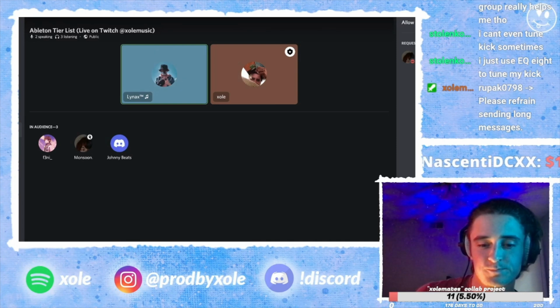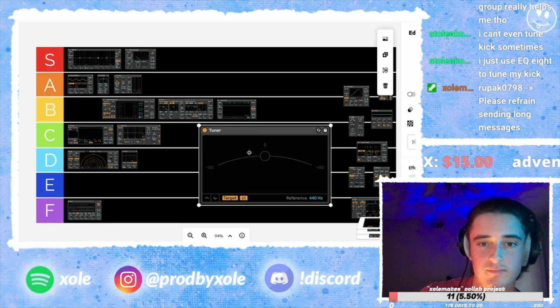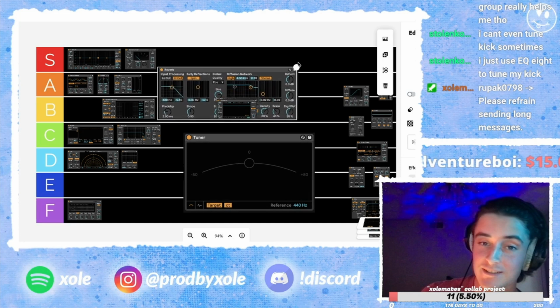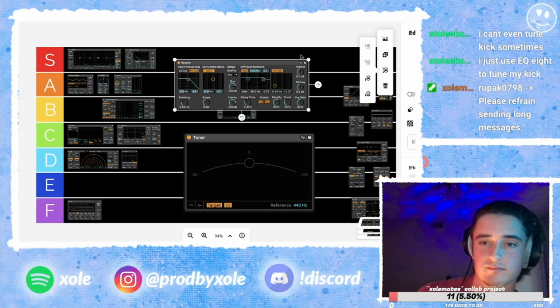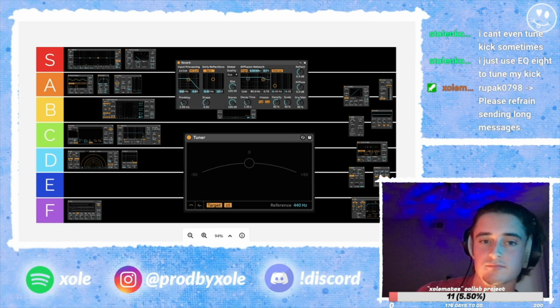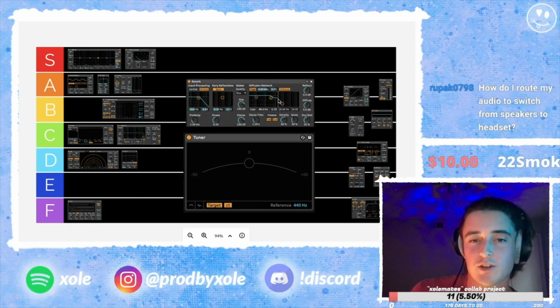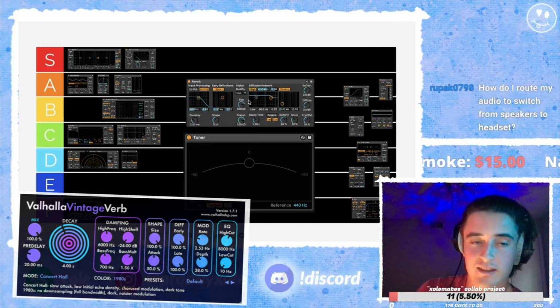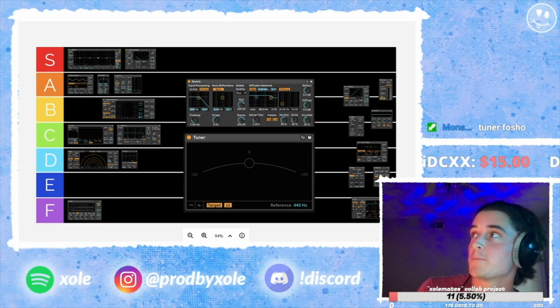All right, the reverb, I feel like it's being underrated right now. So right now we have the reverb at B tier. You're saying A? Yeah. I'm saying A because I feel like it can do the job of all these vintage verb reverbs if you use it right and if you actually take your time to manipulate it the way you want to. That's a good point, because if I didn't have vintage verb, again, I think Ableton Reverb is solid. It is 2 to 4 right now.